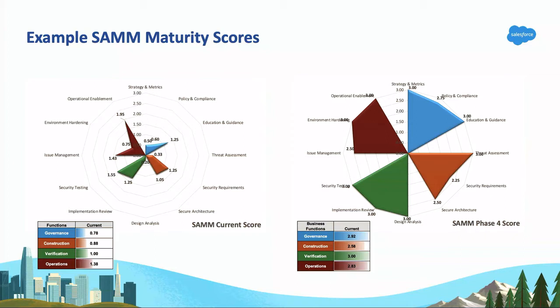So you start at one place and you say, where do I want to be in two phases? A phase could be a month, a phase could be a year. You get to assign that. But if you're holding people accountable, make sure you share that information with them. So when you look at security and how it's split up, there's governance, policies. You have construction, which is building things. Verification, that's more in QA, and operations is like maintenance. So how do you do patching? Are you checking for vulnerable third-party JavaScript libraries, that kind of thing?